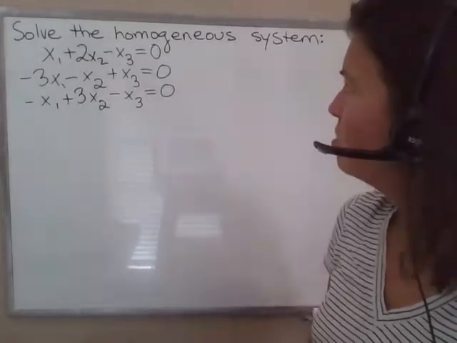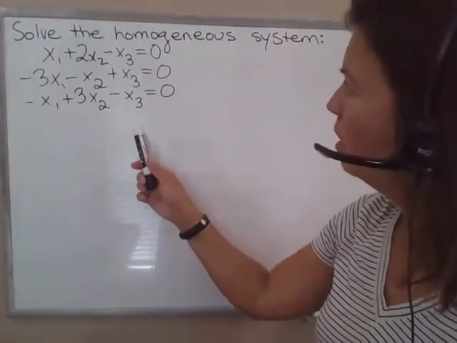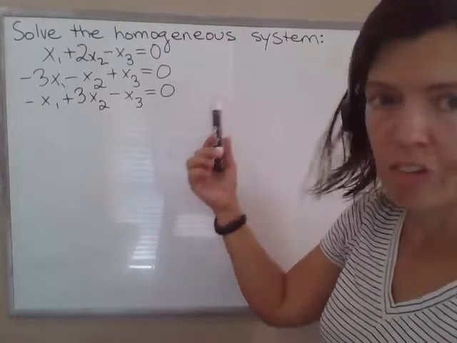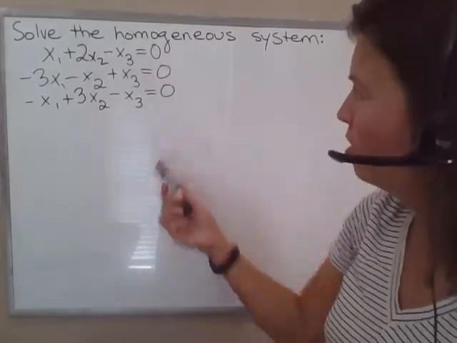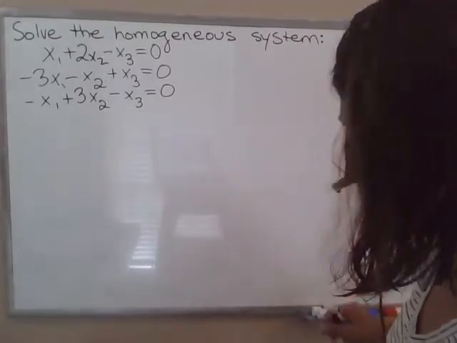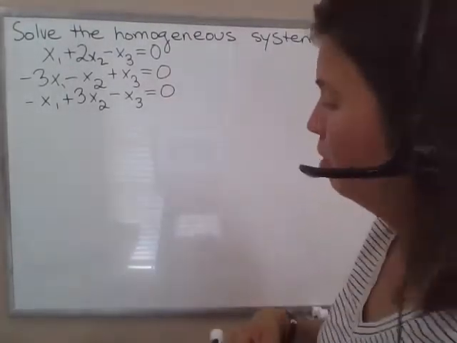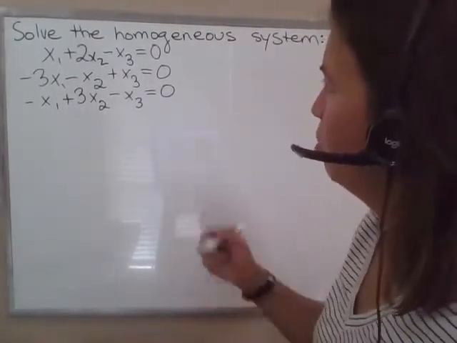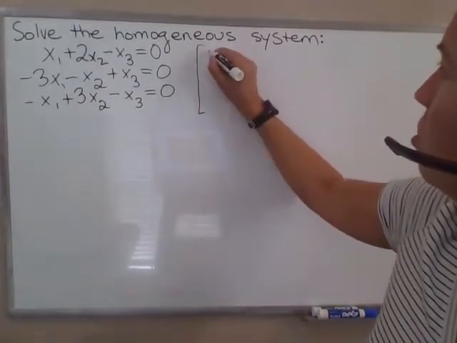In this example, you're asked to solve a homogeneous system of linear equations here. The defining characteristic for a homogeneous system of linear equations is that your constant column, so the constants, are all equal to 0. The way that we solve it is the same method that you've been using for solving systems of equations since the beginning of this course, which is to start by setting up an augmented matrix where